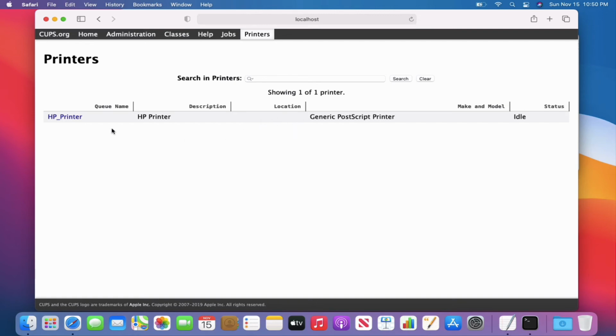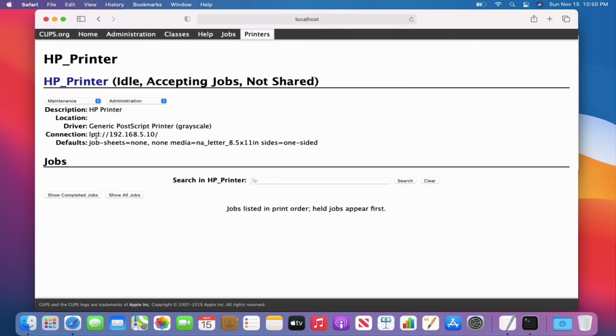If not, just go over here and click on your printer. And now you'll see that the IP address here is listed. And then you can take this IP address, copy it into the address bar, and you can get into your printer that way. In order to shut this off for security reasons, all you have to do is go back